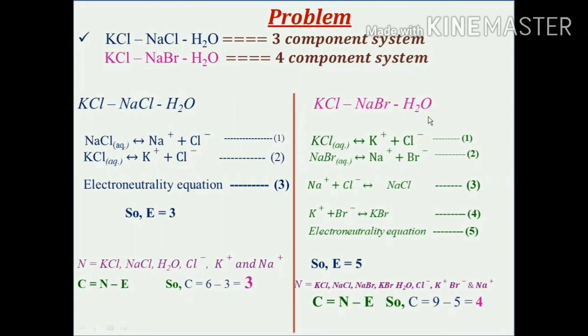So what is the first step for me to calculate the number of components here? The very first step is to jot down all the chemical equations that can exist in your container, in your beaker, in your system. My container contains KCl, it also contains NaBr, and I put some water into it. The moment I put water into the system, KCl is in the aqueous state, and NaBr is also in the aqueous state, right?